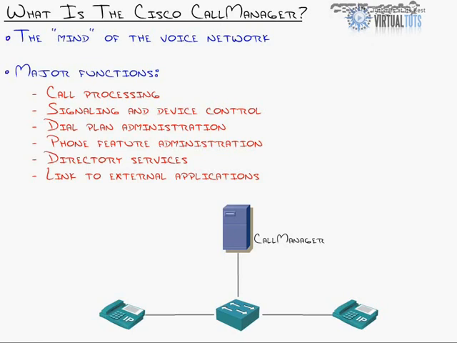The functions you can see are call processing. When you make a call, the Call Manager processes that. And I want to give you an idea of at least these first two functions by looking at this network below. Simple network, two phones plugged into a switch with a Call Manager. As soon as this phone goes off hook, it's as if the phone runs across the network to the Call Manager and says, Call Manager, somebody just picked up the phone, what do I do? And the Call Manager says, whoa, it's all right, calm down, breathe easy. Just go ahead and play some dial tone. And the phone goes,